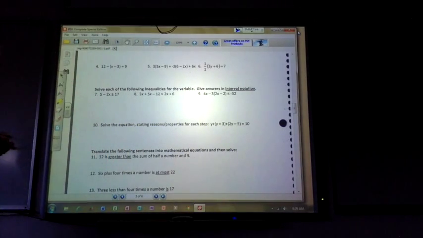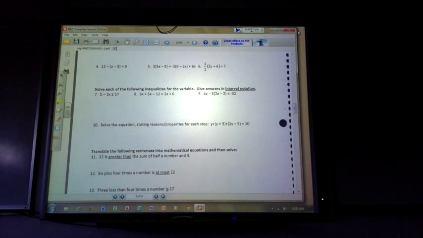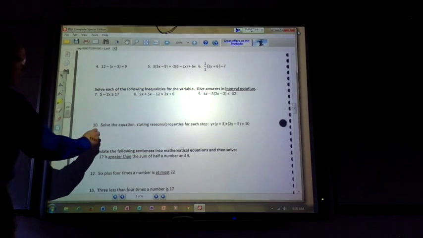All right. Number 10. Solve the equation stating reasons and properties for each step. Okay. So I just want to solve it, and we want to state what we're doing. Can I just drop the parentheses right now? I mean, theoretically, what's being distributed over each set of parentheses right now? Positive 1. So if I just drop the parentheses and get this,